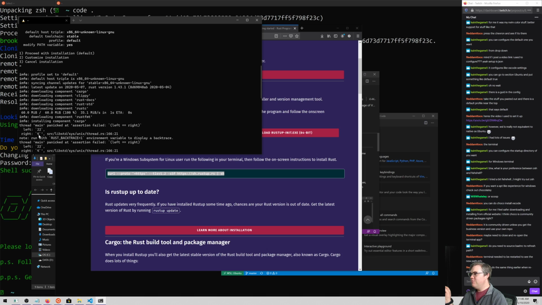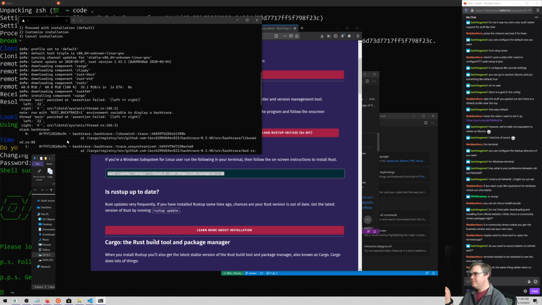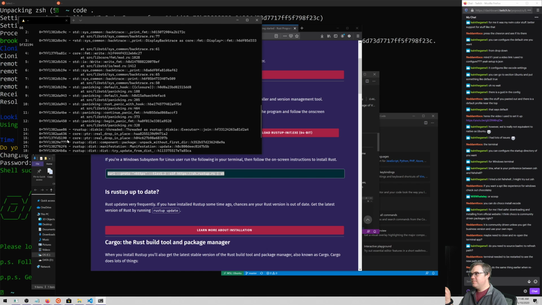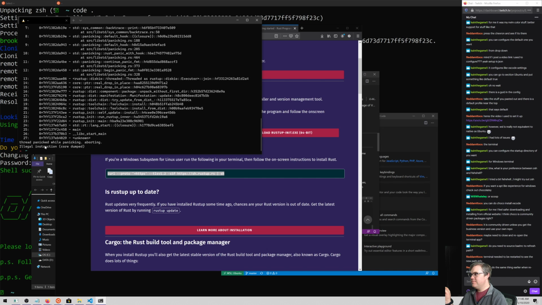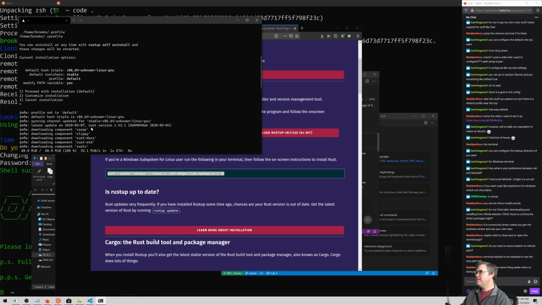Left is 22, right is 4. Okay. Core dumped with that.